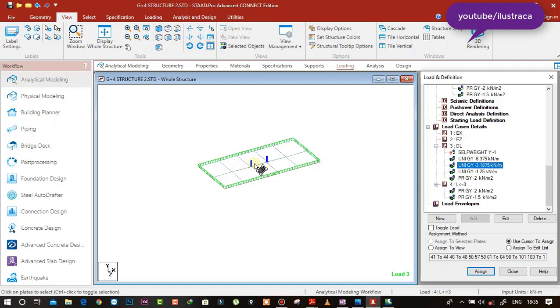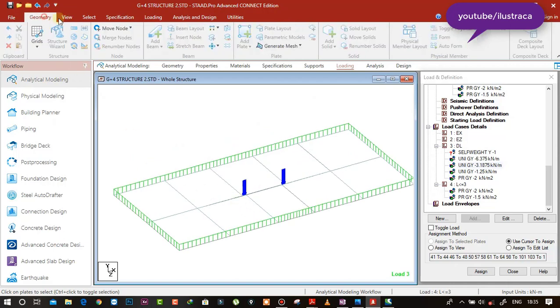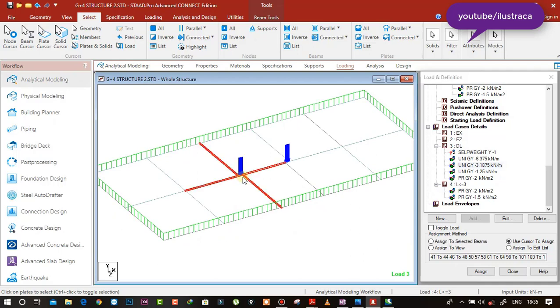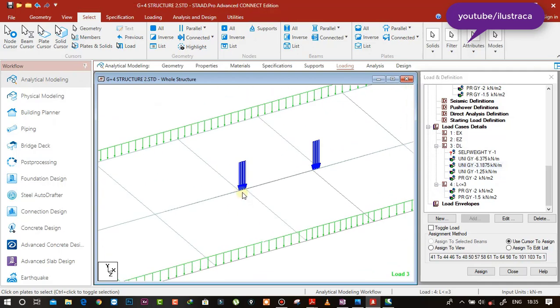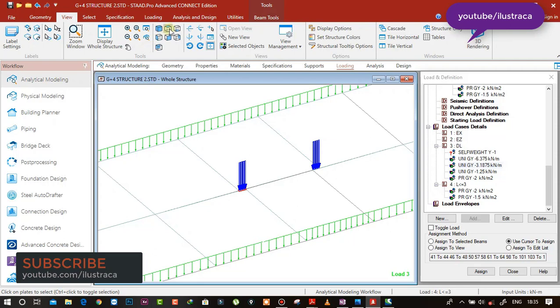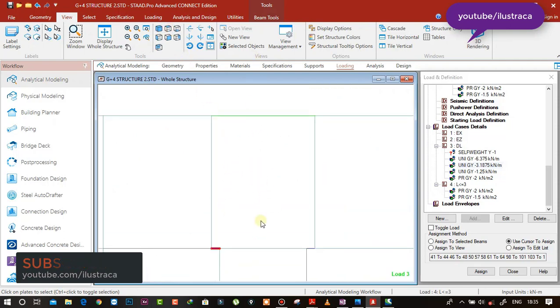See, this load is still here. We need to remove this load from here. Okay. So go to beam cursor. If you select this smaller beam, again we need to go to view, and here the smaller beam and this one.